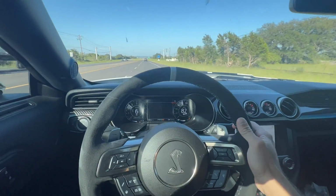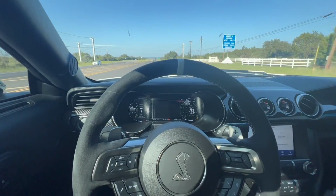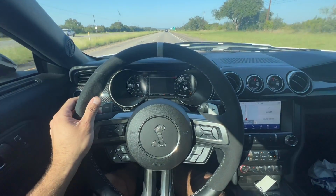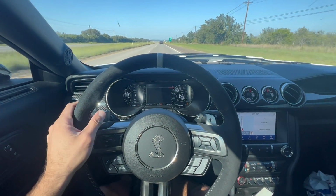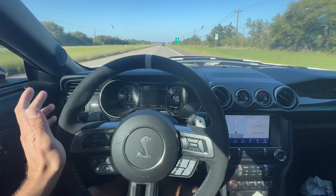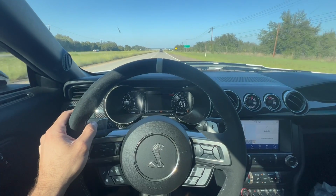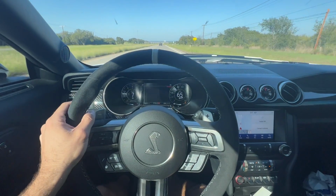You hang on to the revs a little bit, it definitely pops on the upshift. So they tuned that in from the factory to do that, and it's hilariously immature, and I'm so glad they did that. The car sounds really, really good. Haven't gone to redline yet, haven't done a full pull. Like I said, might want to wait a little bit for that, but as for right now, tell you what,